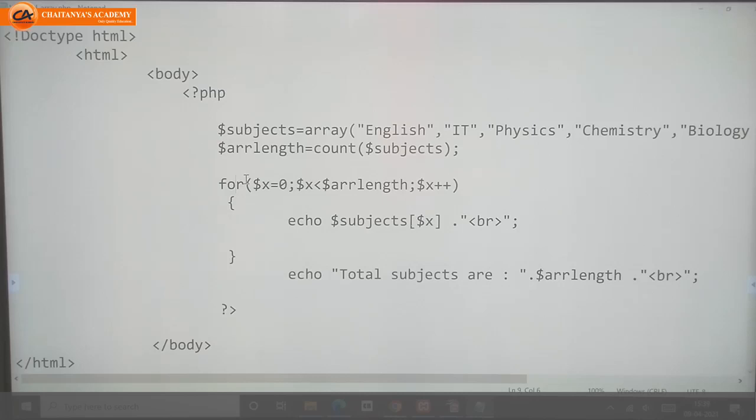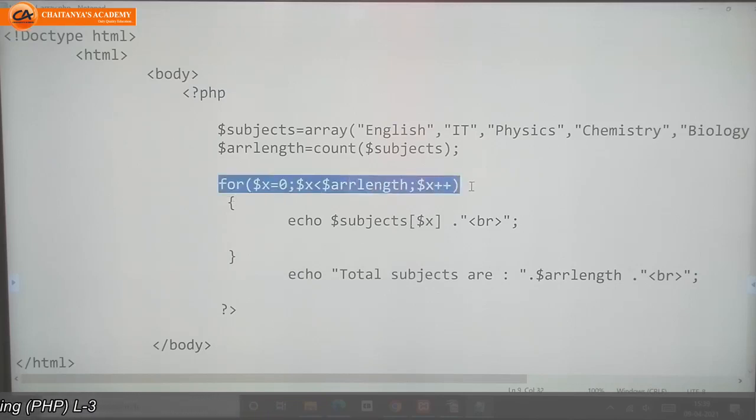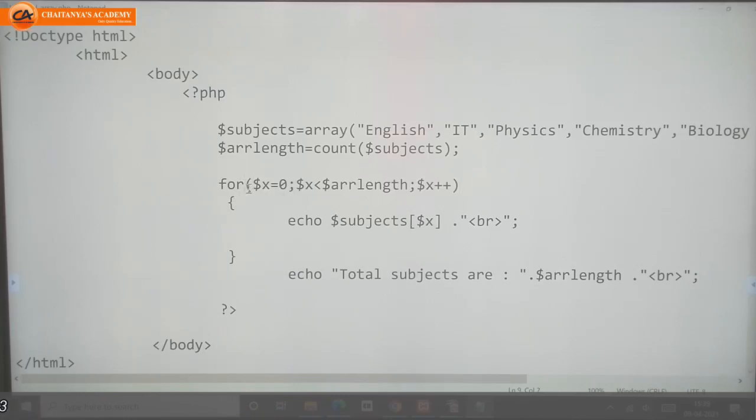For that I am going to take one variable which starts from 0 and executes till the array length, and increments after executing the line of code each time. So I am going to use the for loop. See how I can write the code for the loop. Here the for keyword, into brackets the name of the variable equal to 0, which is initialization.